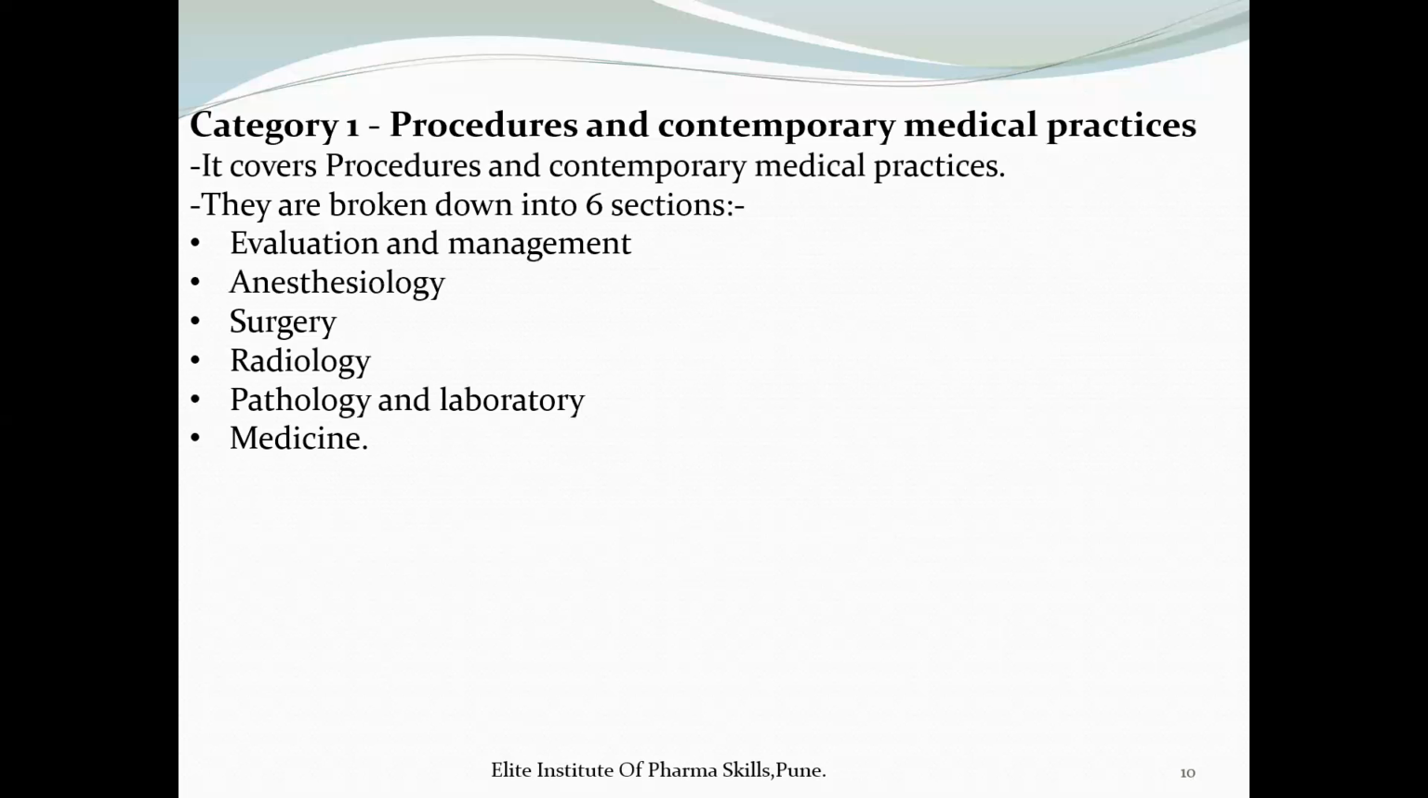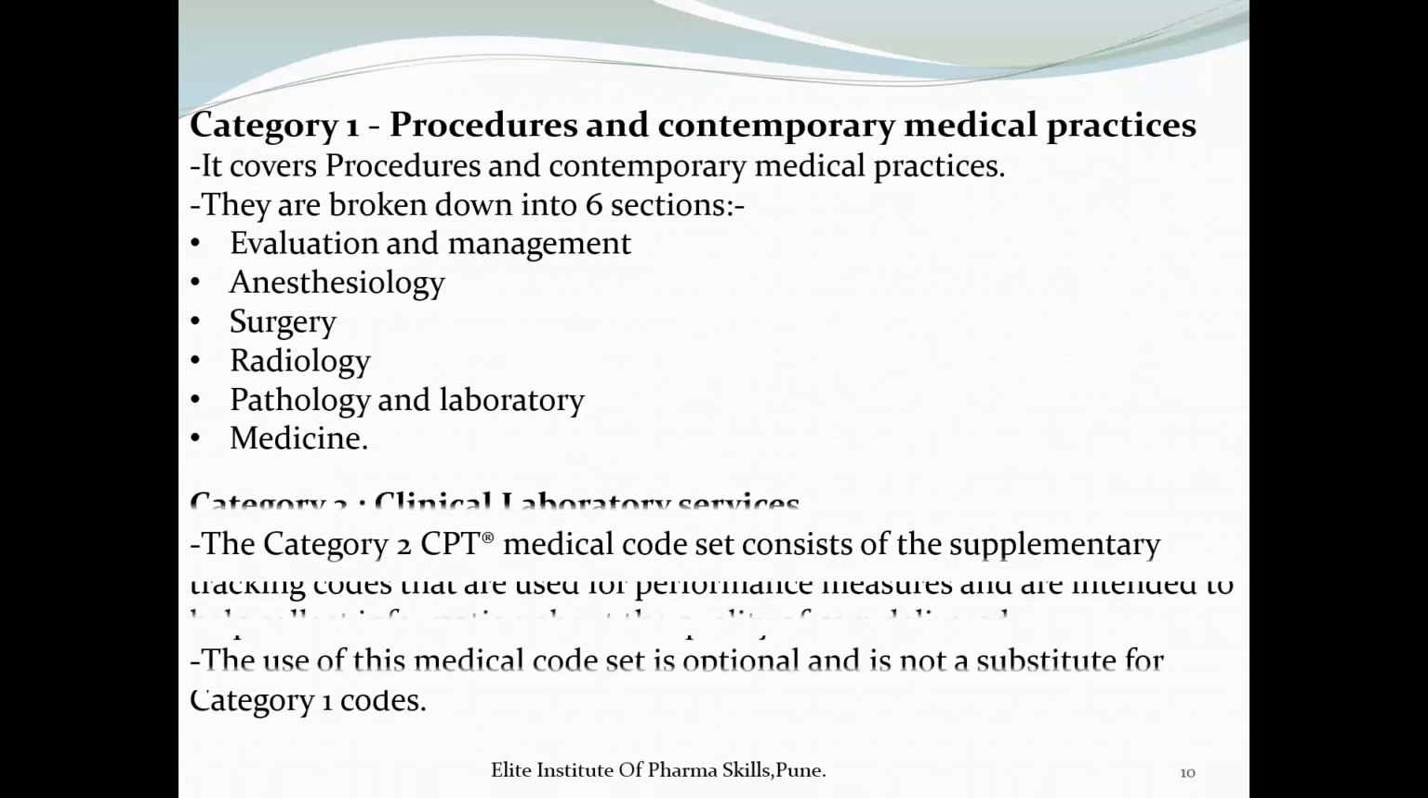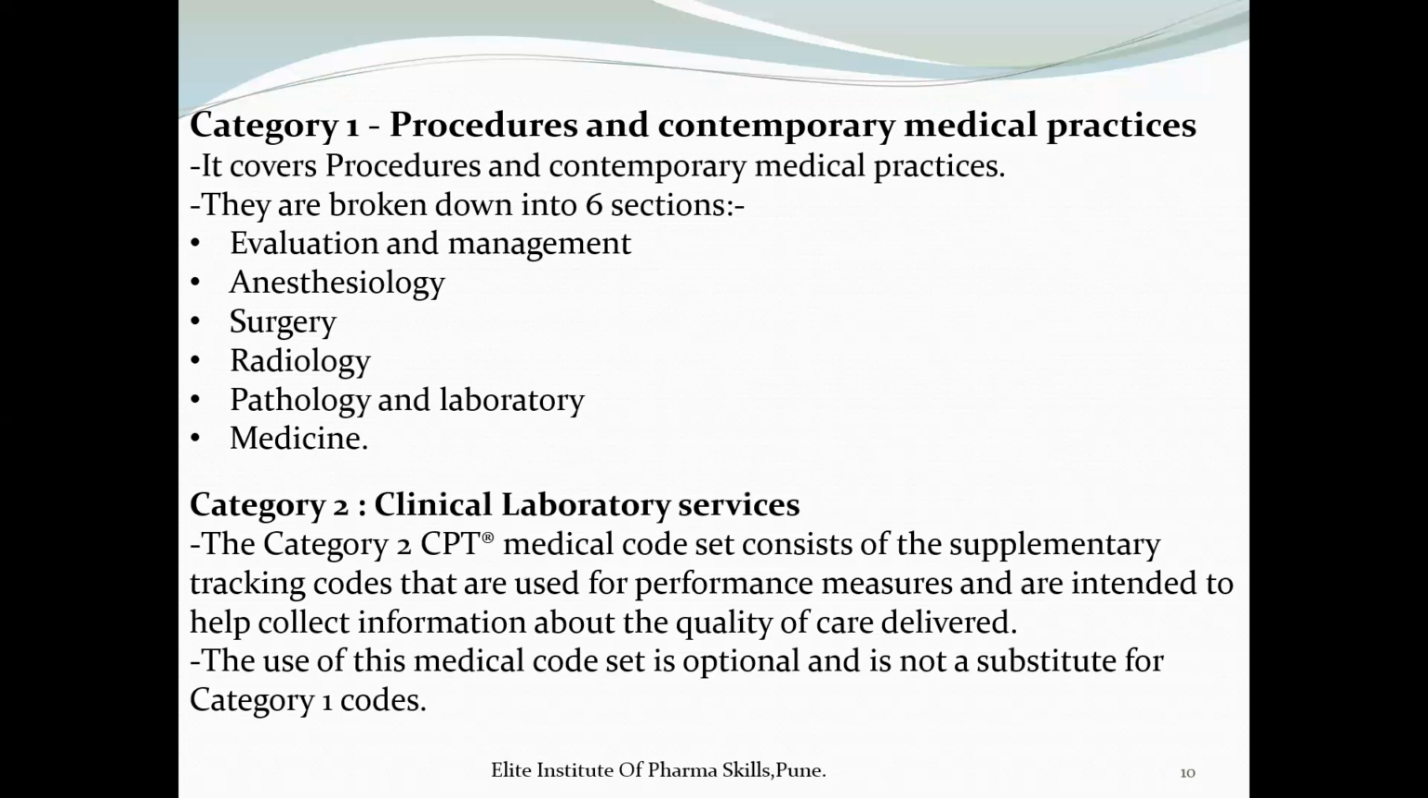The CPT Category 1 covers procedures and contemporary medical practices. They are broken down into six sections. First, evaluation and management. Second, anesthesiology. Third, surgery. Fourth, radiology. Fifth, pathology and laboratory. And sixth, medicine. The category 2 medical code set consists of supplementary tracking codes that are used for performance measures